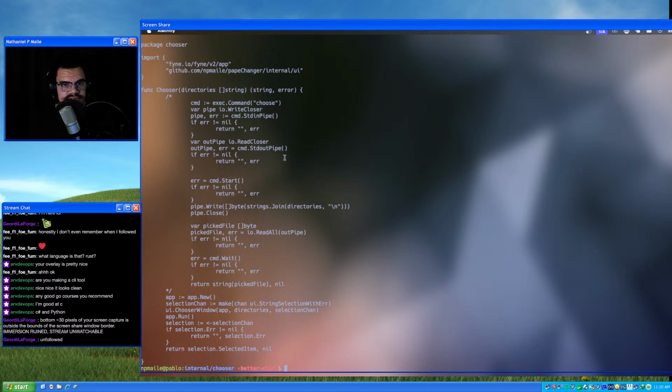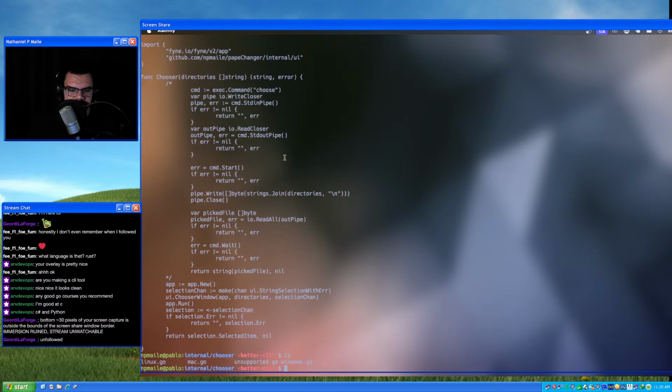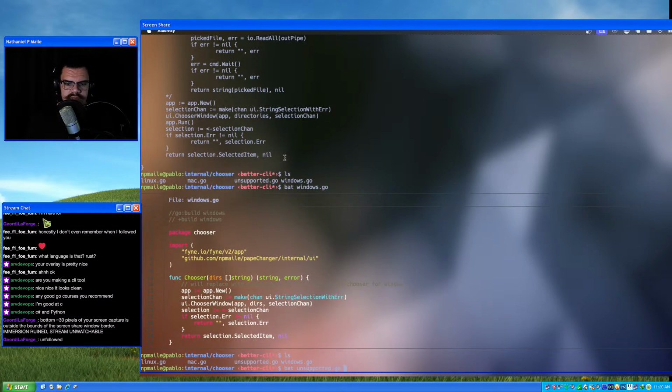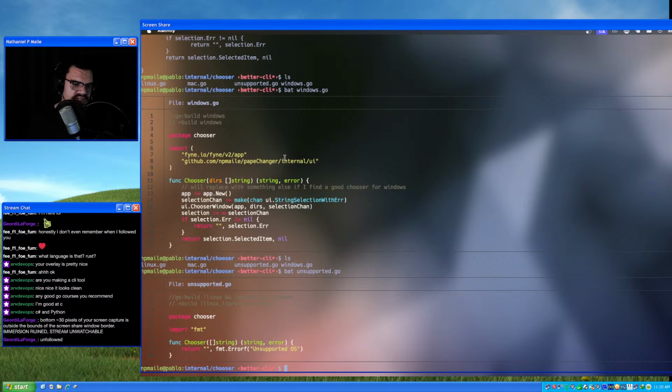Oh, it doesn't try to do the choose command. That's all commented out. I hate comments in code. I gotta delete that. In Windows, it just uses the built-in chooser, and in unsupported, it just doesn't let it work. It just says no, I don't care.